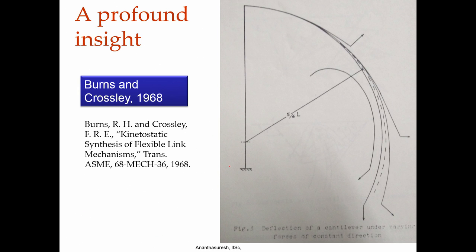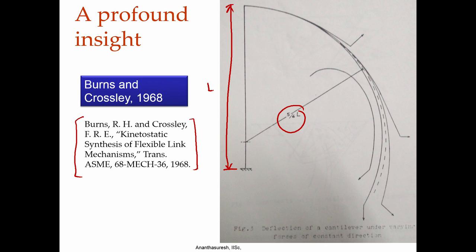What did they do? In fact, they had this profound insight into this problem. This is the citation of this wonderful paper from 1968. This is a figure from their paper. If you have a beam of length L, they said that if I take only 5/6 of that length, put a center there, then the locus of this, now here is the fixed end and here is where we apply the load,